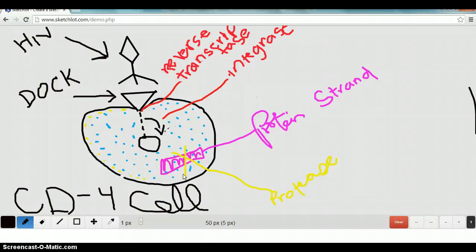And that's basically what it does. Now, what is noteworthy is the fact that HIV has multiple strands, and the reason why is because every time protease clips the protein strand, it clips it in a different way. So you're not going to get the same particles that you got from the last clip, which is why HIV is so hard to kill. Okay. So